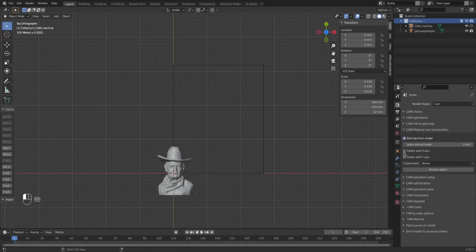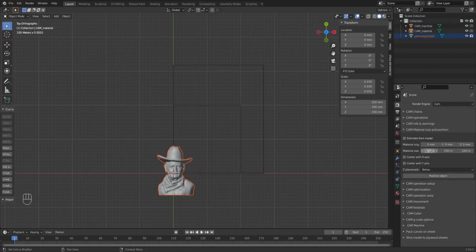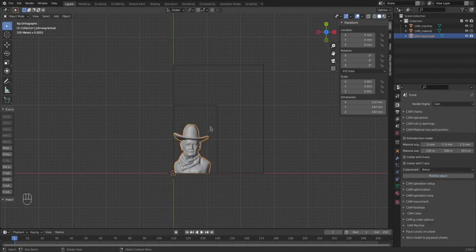CAM material size and position, here we go. So I don't estimate for model, I just never have. I've had better luck putting in the material size manually. So under material size, my material is 130 millimeters by 200 millimeters on the y-axis, and it is 19.5 millimeters thick. Go to position object, and I'll click it, and all this is going to do is just place it